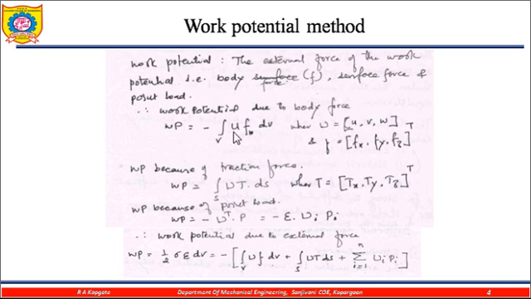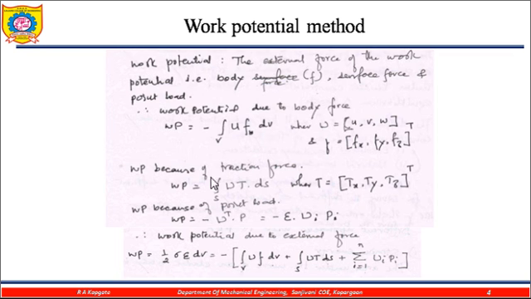because whenever the body force is applied, we need to understand first of all where is the CG, and according to that we need to learn the meaning of U, the meaning of V, and the meaning of W. And hence the work potential because of the body force is equal to minus integration of U into Fx or Fy or Fz multiplied by dV.